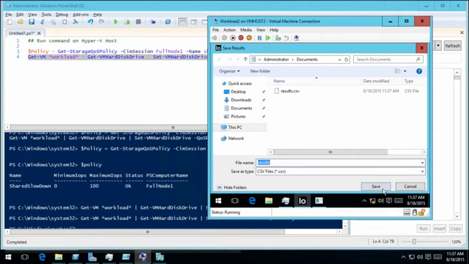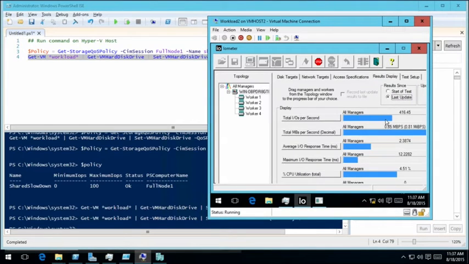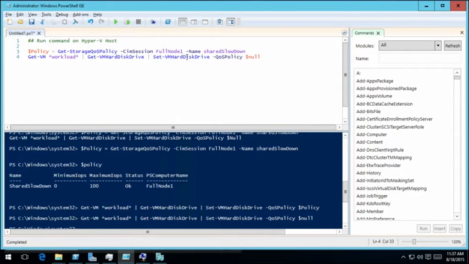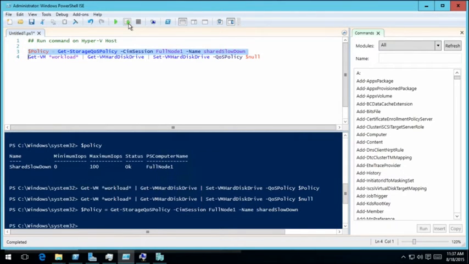You can see he's going to generate as many IOs as he can. This guy's getting about 400 rough IOs. So we're now going to apply that exact same shared slowdown policy off the file server. And you can see here we've got it, and we're going to apply that policy